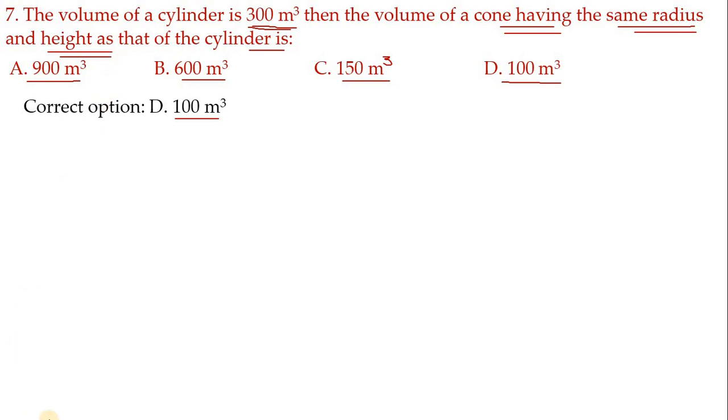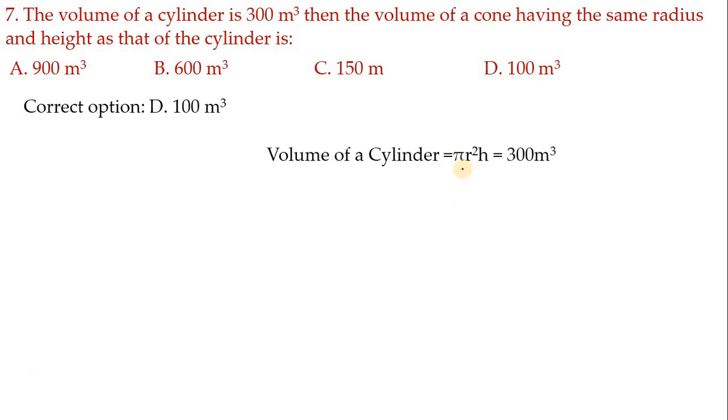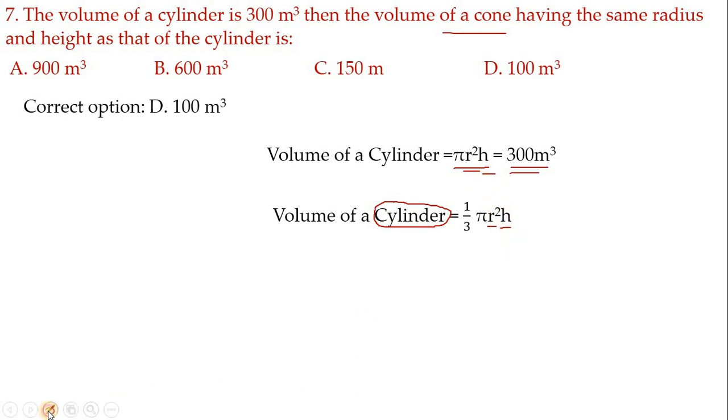Hence, first what is given, through that we have to solve this. First let us write volume of cylinder is equals to, volume of cylinder finding formula pi r square h is equals to 300 meter cube. This is given. Next what we have to find? Volume of cone. Volume of cone finding formula is volume of cone. Children, here write volume of cone, not a cylinder. You write here cone. So volume of cone is equals to 1 by 3 pi r square h. So here also r same in cylinder as well as in cone, r same and h also same. So values are not changing of r and h.